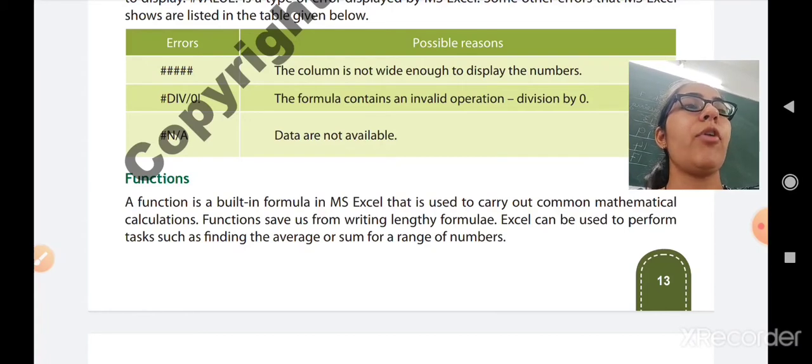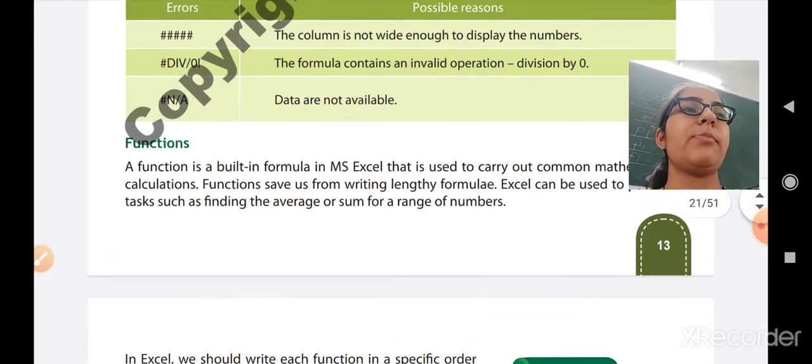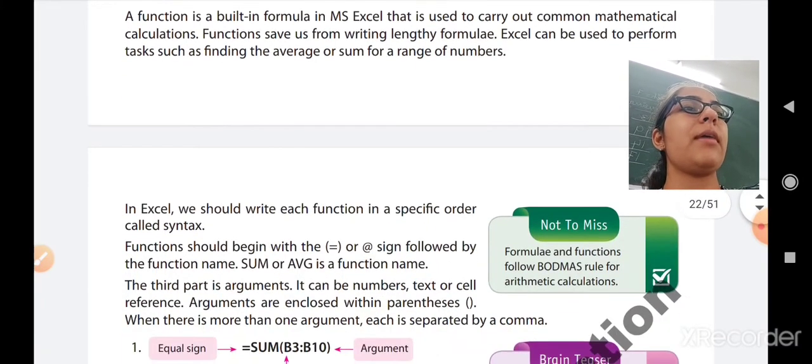If you want to perform the addition, the SUM function is given. So simply you have to write is equal to SUM in capital letters, round brackets, and you have to select the starting cell and the ending cell up till which you want to perform the calculation. For example, if you want to perform the calculation from A1 to A10, then you have to write is equal to SUM, round brackets, select the A1 cell up till A10 cell, and if you press the enter key, the answer will be displayed to you. Okay, so it will save your time and effort.